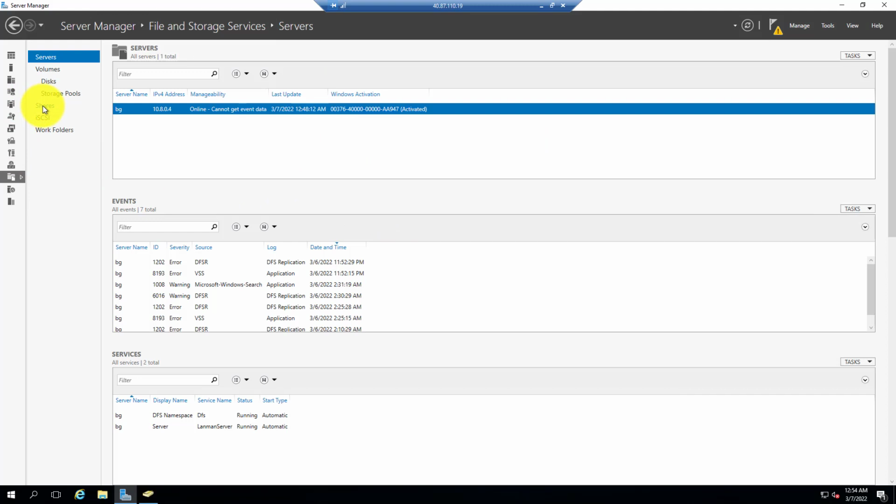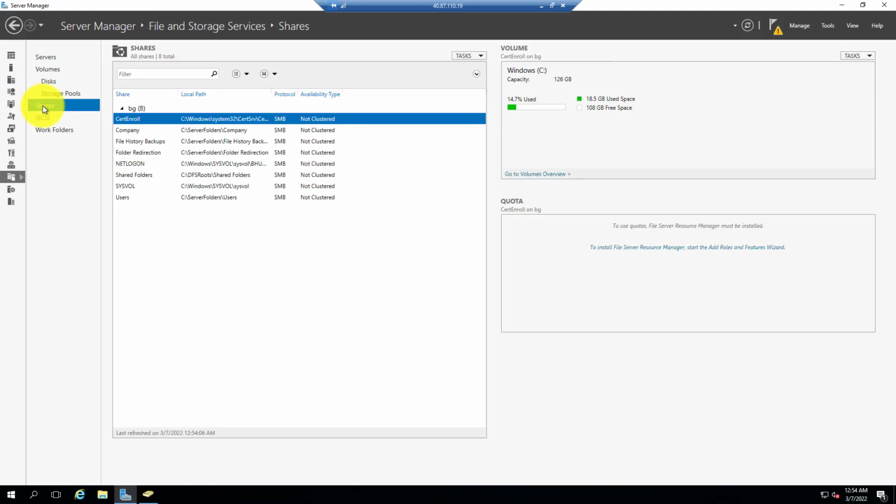So I'll click over here in Shares. When I click over here in Shares, I'll see all the shares that I already have over here. I can also see the storage of my C volume. So to create a new share, in this blank space down here, I'll right click